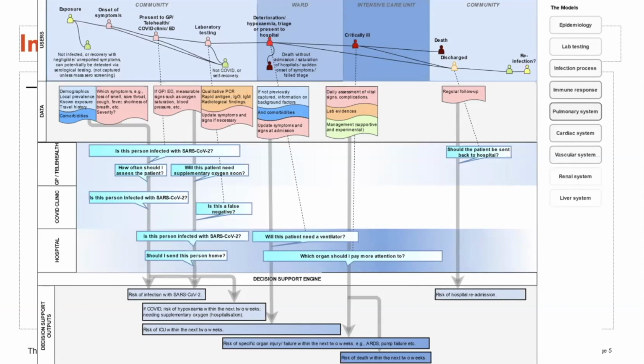And so this diagram sets out a typical journey of a patient with COVID-19 and the sorts of questions that arise for clinicians who are caring for those patients at different points in